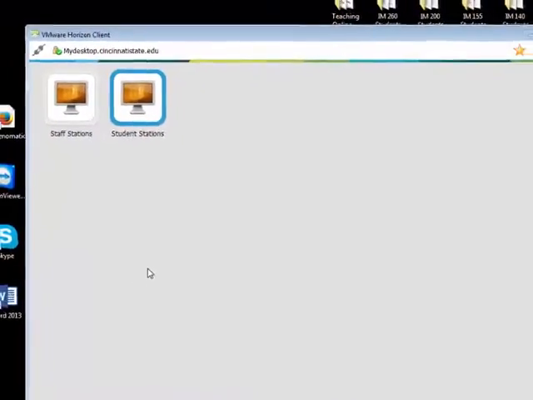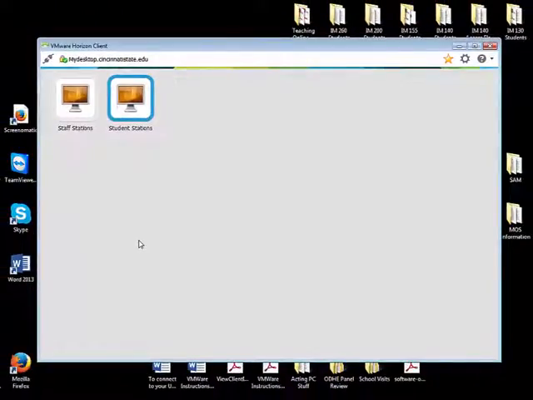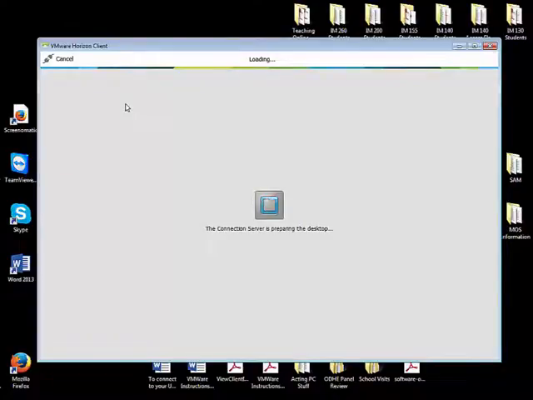Now it will allow you to also save on your computer's hard drive. It should allow you to save on a flash drive as well. Because I'm a staff member, I do have two icons here. You should only have one, which is the student station. So you're going to double click on the student station,